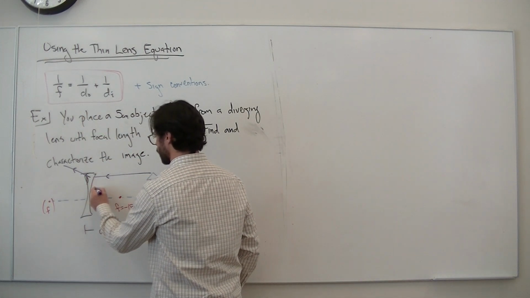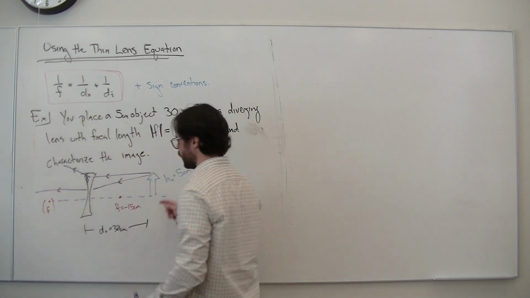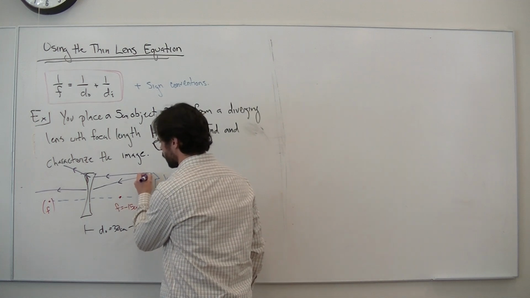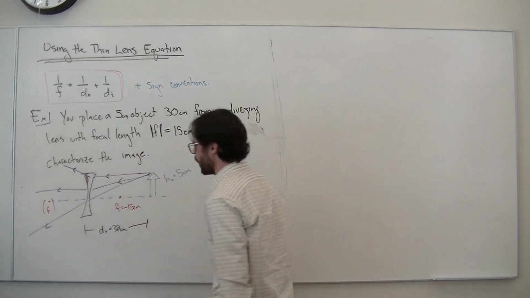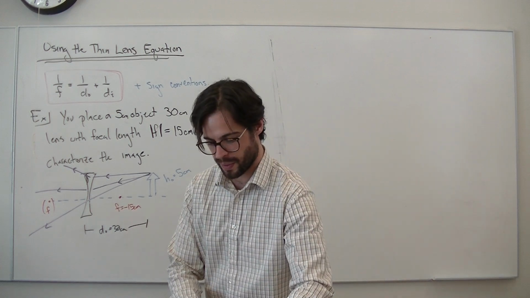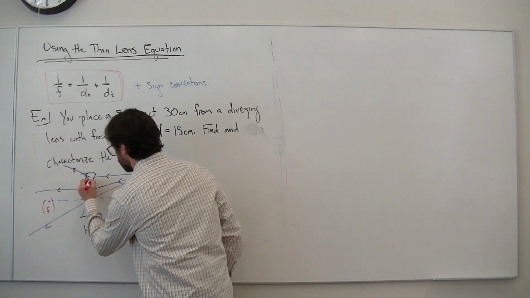So try to make it there, diverge away, and then this is the in focus, out parallel ray. And finally I got a third ray, which just goes right through the center and nothing happens. So clearly these themselves don't converge, and what we're going to end up with is a virtual image. And if I trace these back,